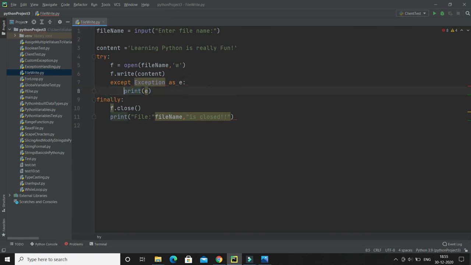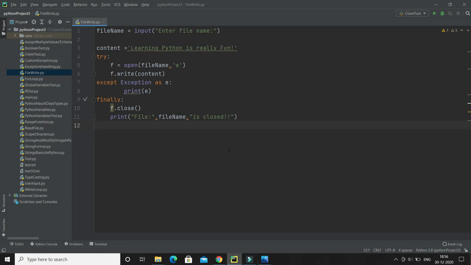Sorry, there is an indentation issue. Now there shouldn't be any problem. We have try, except, then the finally block. Still it is saying there is some problem. Okay, I need to put a comma over here. Now the error is gone. Now I'm going to run this program.